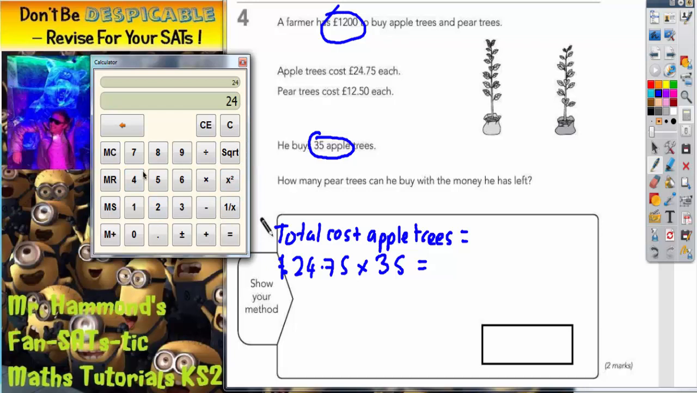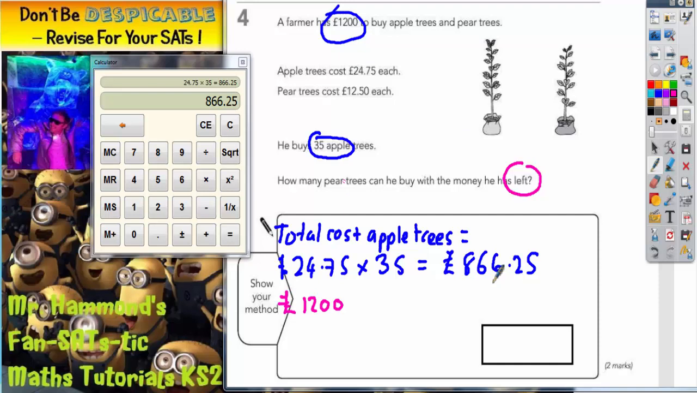So it's £24.75 times 35. So his apple trees cost £866.25. Now we need to figure out how many pear trees he can buy with the money he has left. Well, the first thing we've got to do is figure out how much he's actually got left. So he started with £1,200